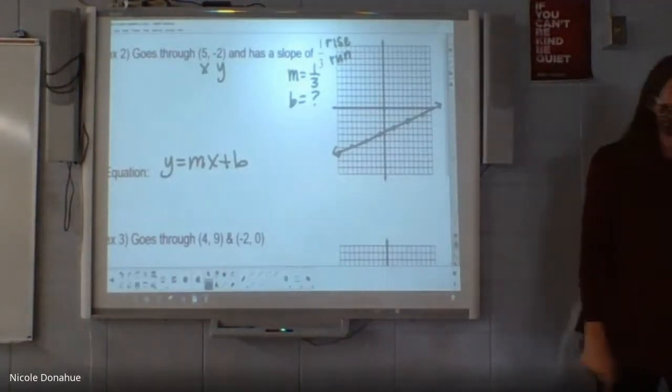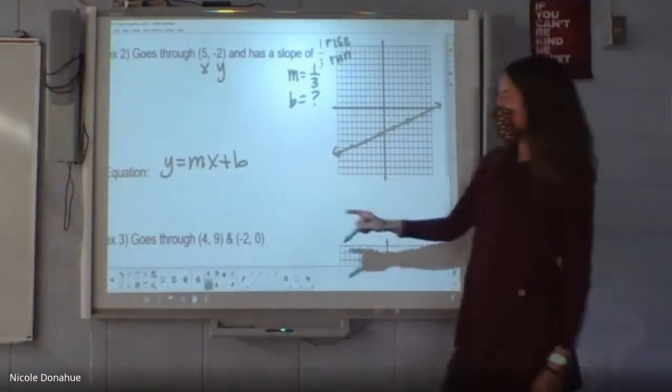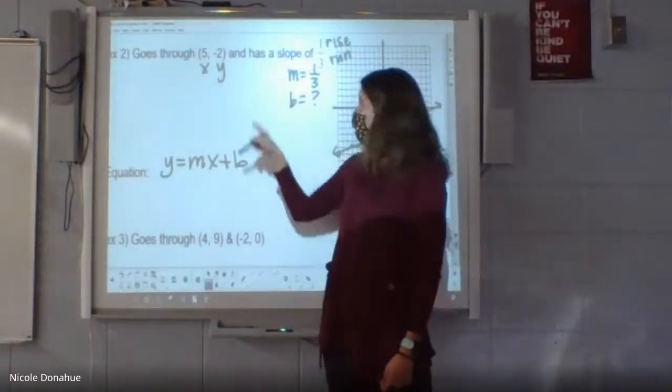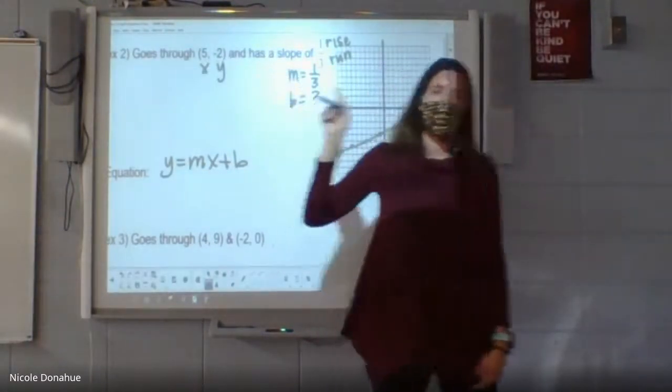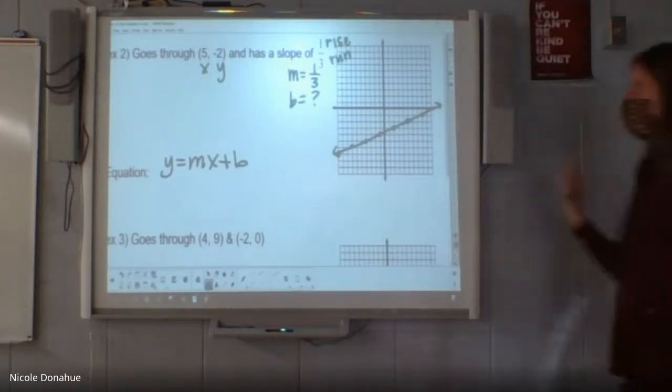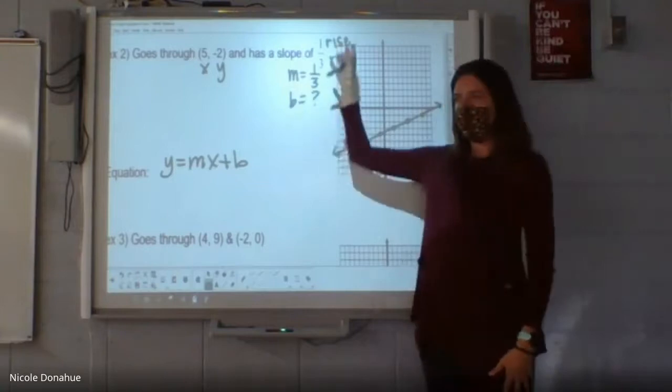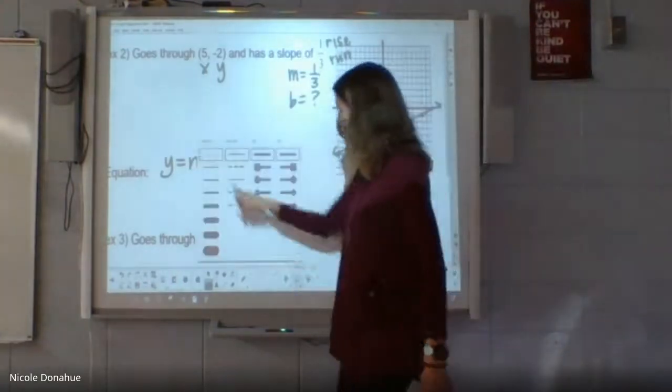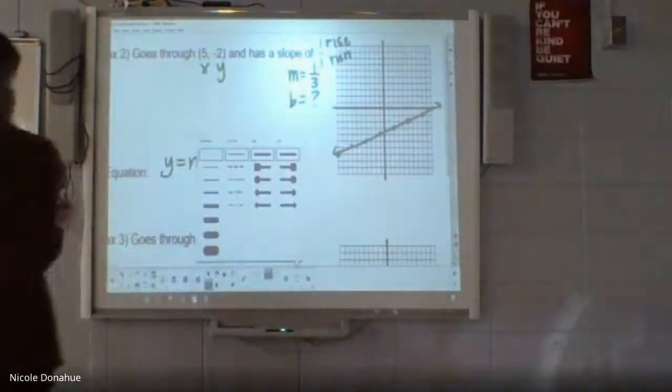It's (5, -2). Now if you look, this equation has 4 variables. I know 1, 2, 3 of them. So I can put those 3 variables in and figure out the b. Now again, I'm going to want my calculator, unless you're really good with fractions, because I'm going to have to use a third, and it's going to be a little bit of a mess, but that's okay. We kind of know that going into it.